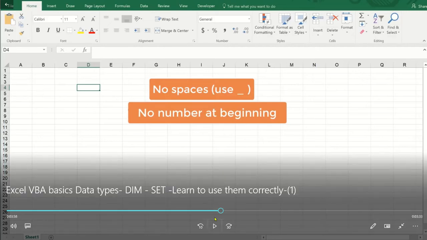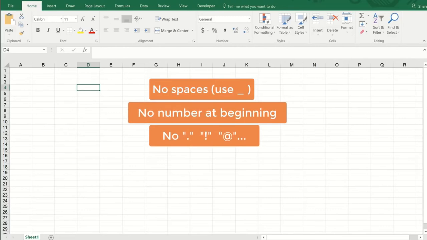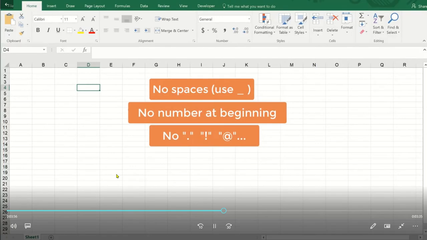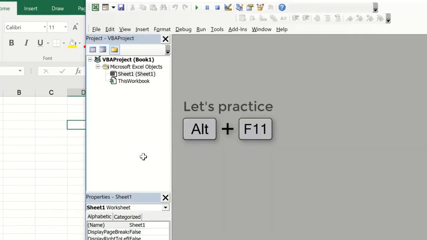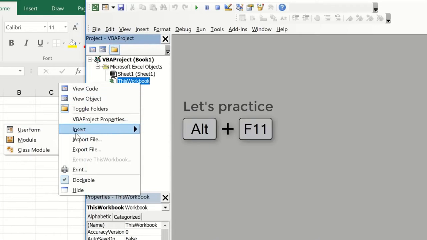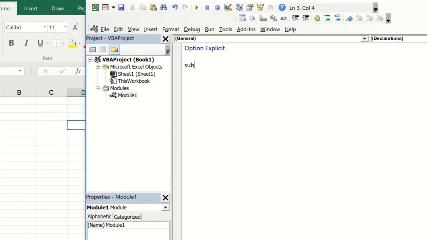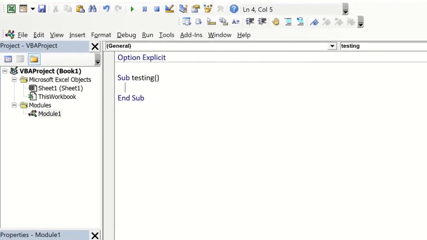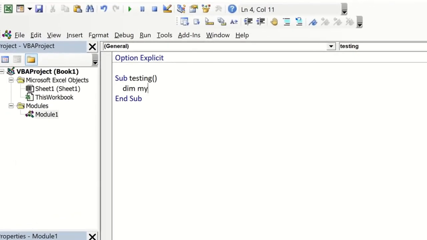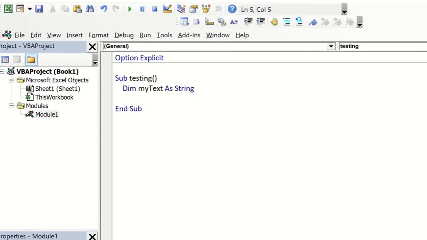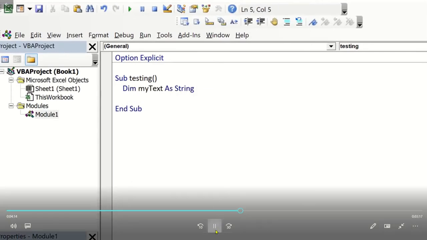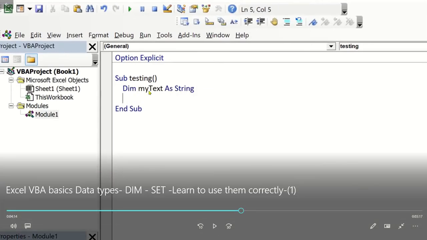You can't use a dot or exclamation mark or other obvious symbols like the @ sign or the dollar or and so on. Also, try to come up with a nickname that's kind of short and as obvious as you can get. So in this case, I'm declaring the myText variable as a string data type, so basically as text. What some programmers like to